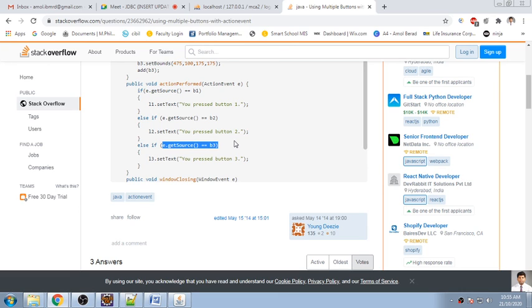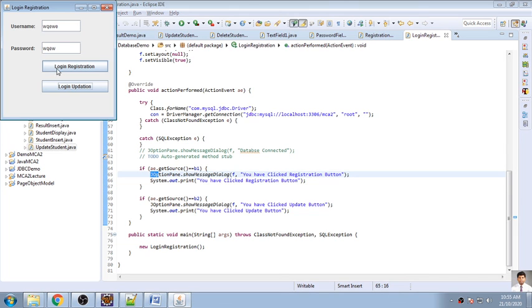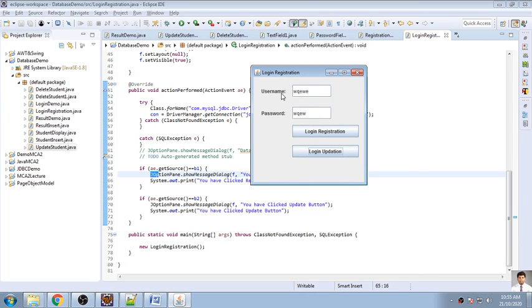And tomorrow's session, we'll again go for one theoretical concept called connection pooling, and we'll wind up with this chapter. So tomorrow I will resolve all the problems related to this. Tomorrow itself we'll be doing the same operations of registration, updation and deletion on the same page. And next week when we meet on day 1, we'll be designing one GUI that will contain a record, but that will have a navigator, just like first, next, last and previous. All buttons will be displayed on a screen, and when you click on the first button, the first record will be displayed. When you click on the last button, the last record will be displayed, and previous and next operations will be added.